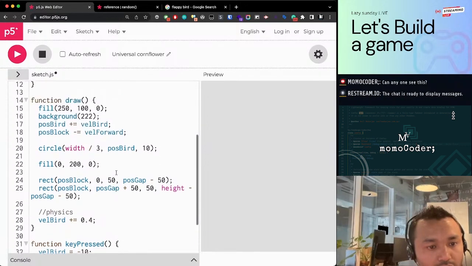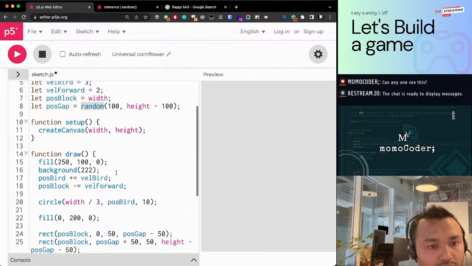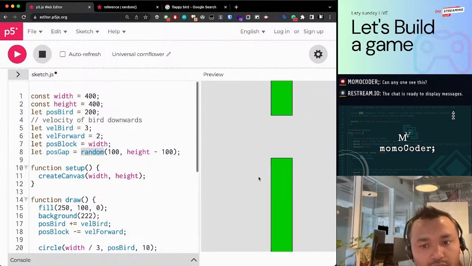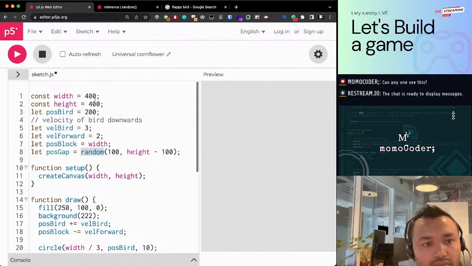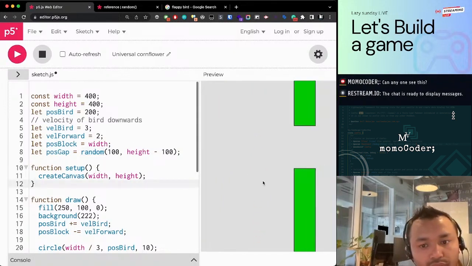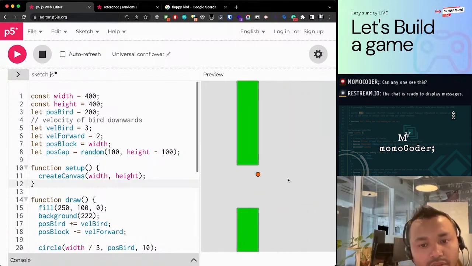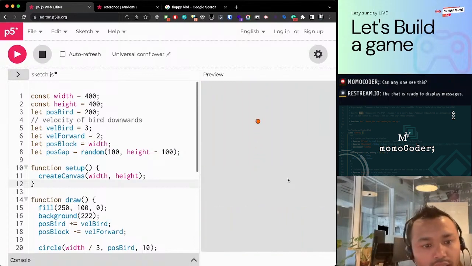So we have our own random function. We are drawing the tube in a random position. Now what we want is those tubes to repeat, like for now let's say we only show one tube at a time on the screen, and